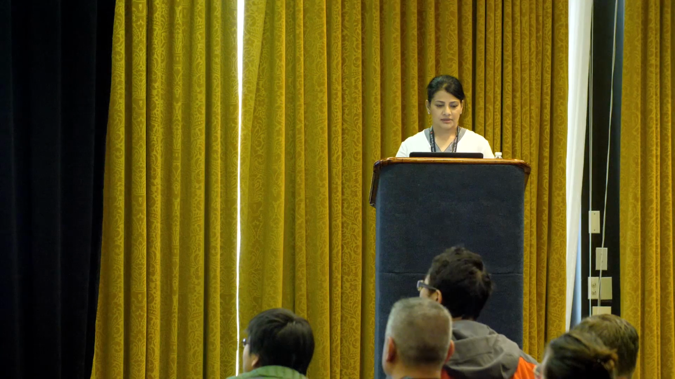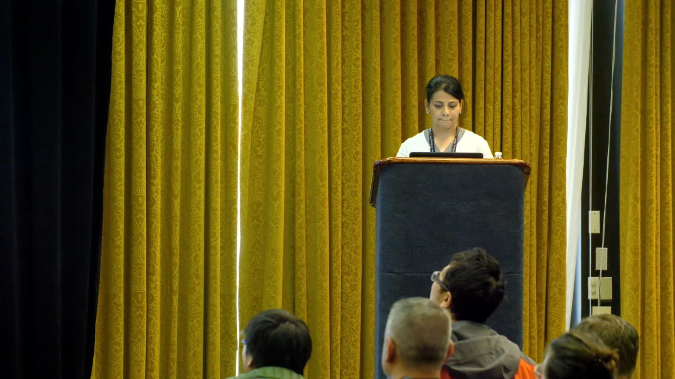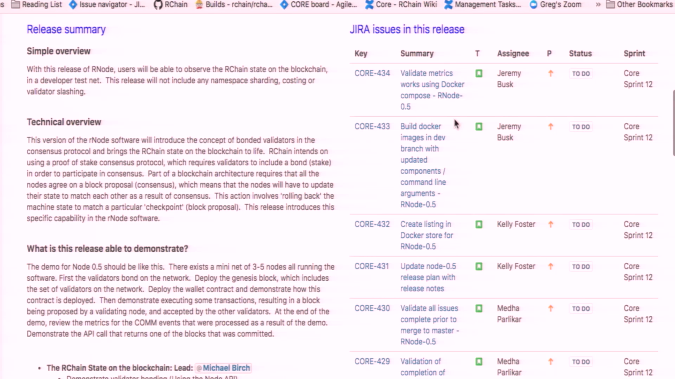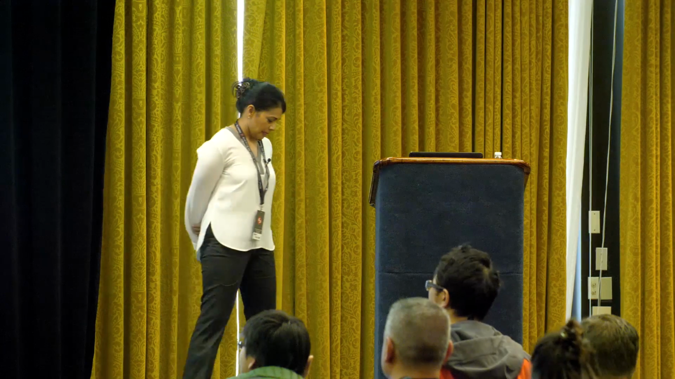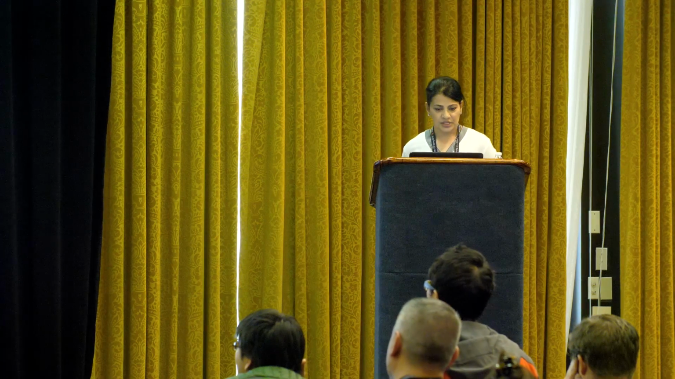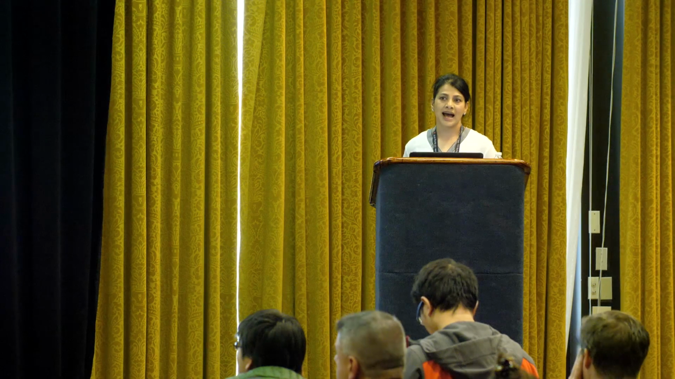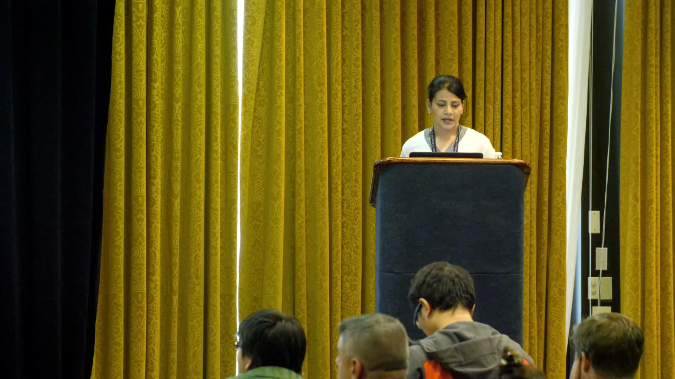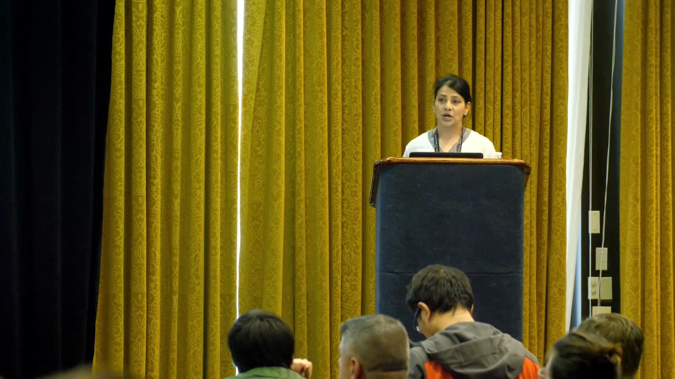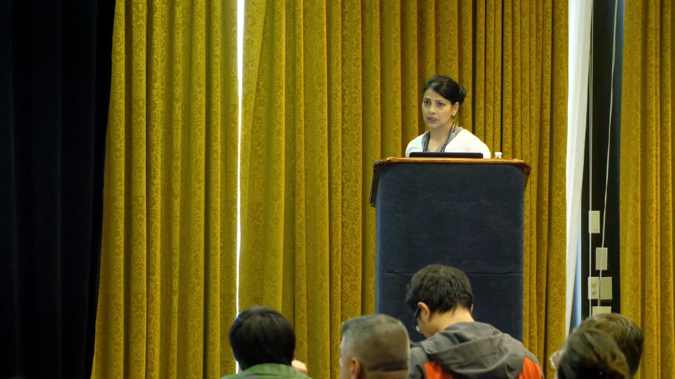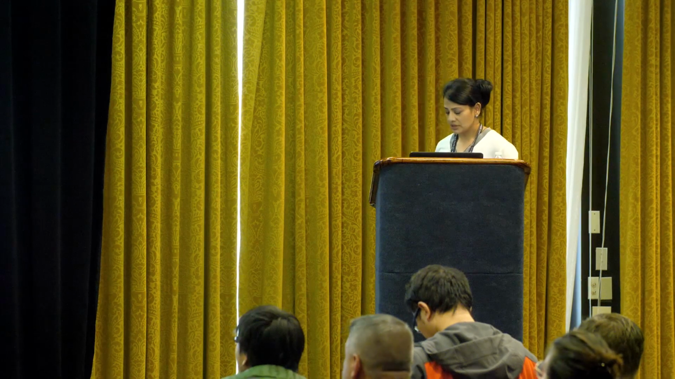Node 5. So Node 5 is a big one. Node 5 is where we'll be able to observe the blockchain. There's a good chunk of work here that still needs to be specified in terms of how we're going to make it all work. But at a high level, Node 5 is when you can expect to see validator bonding and unbonding, Casper protocol, storage, history and rollback,